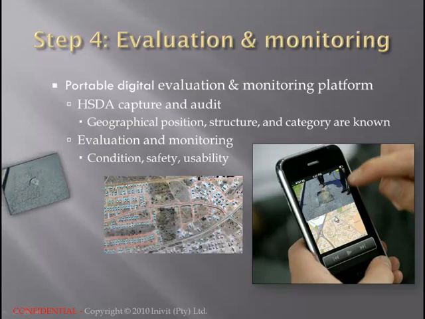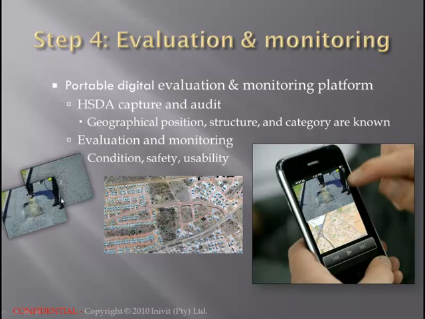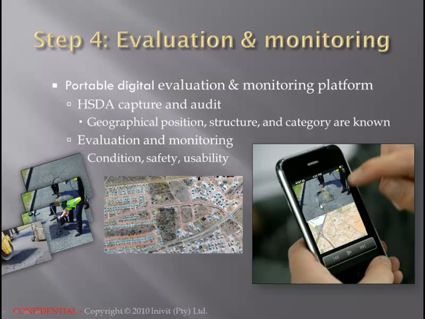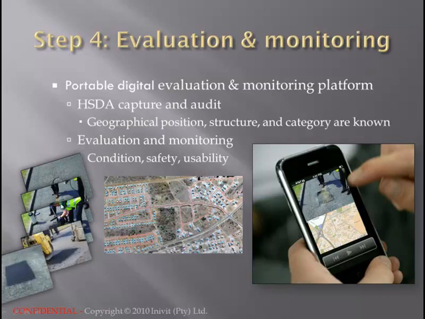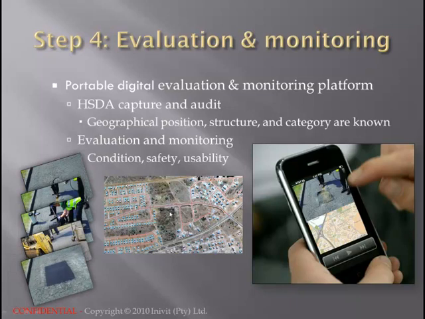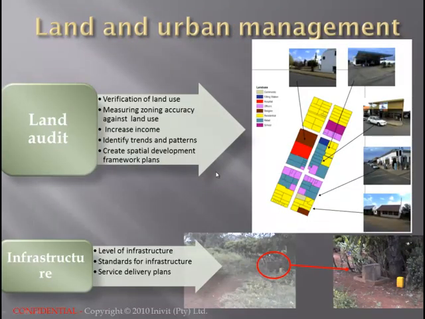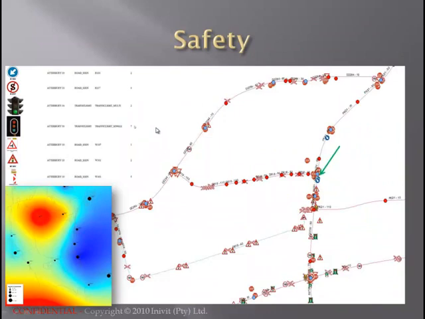So in this case, someone can be sent to fix the pothole, and even the steps that have to be followed can be shown on a smartphone device. The proximity is captured while this person is preparing, and the time and the whole reporting can be done like a normal resident engineer supervising the project. We roll out a geographical pavement management system for the client, or integrate our data into their pavement management system. We can manage land. Safety is a massive issue that we can solve, because we know where a road infrastructure is safe or unsafe based